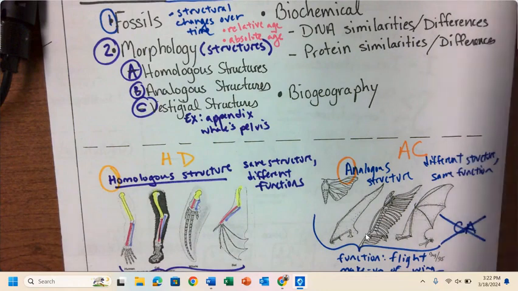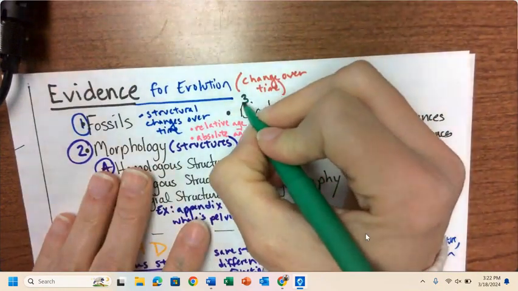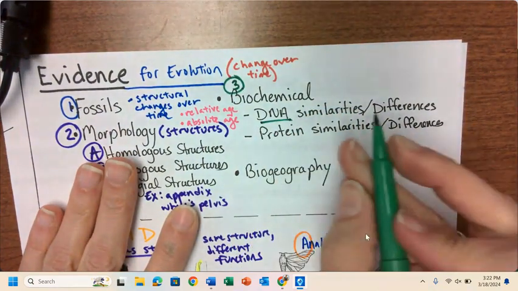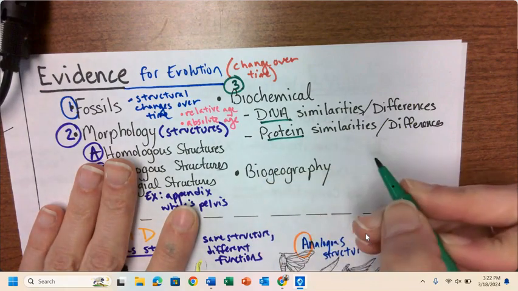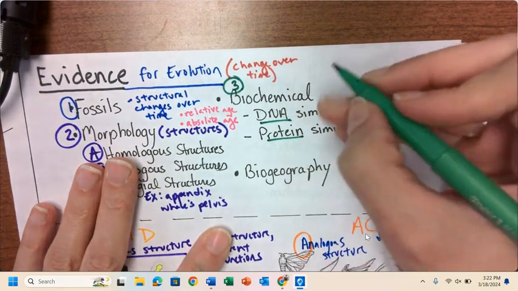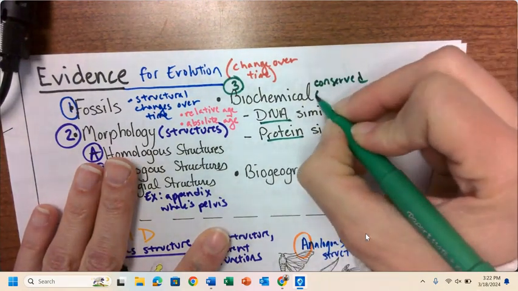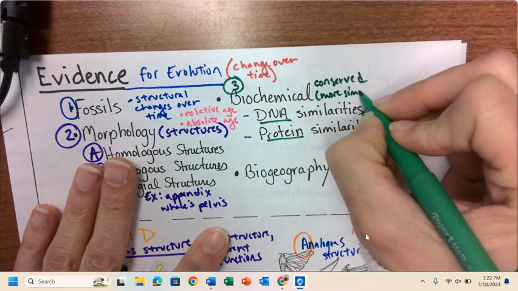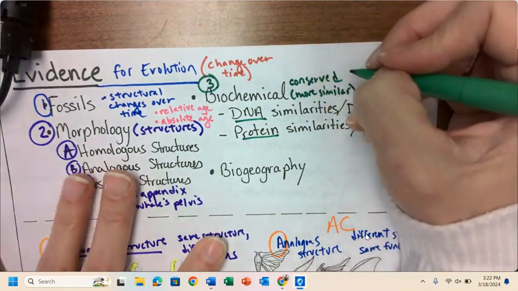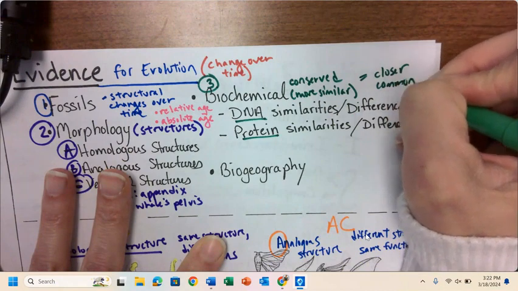The third piece of evidence for evolution we're looking at is biochemical. When I say biochemical, I'm talking about DNA similarities and differences and protein similarities and differences, right? So I'm talking about things that are conserved. So if it's conserved, and if you remember, conserved means more similar. If the DNA proteins are conserved or more similar, we have a closer common ancestor,